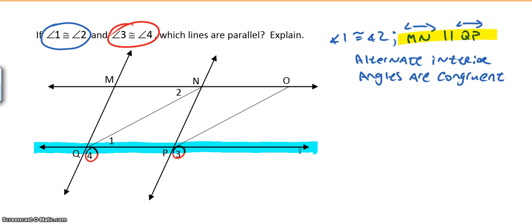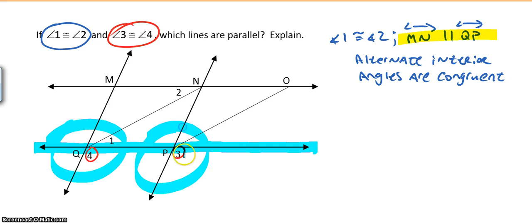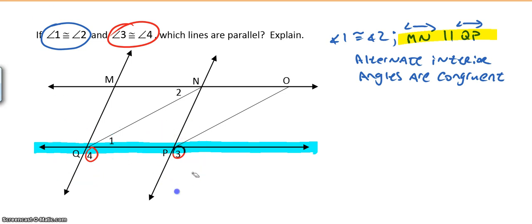Now let's see what type of relationship. Well, they're same side, but they're not interior exterior. One's interior, one's exterior, but if you look a little closer, you can tell that they are corresponding. Out of these 4 pairs, it's on the bottom right, these 4 on the bottom right. Alright, so when we look at this now, this is my transversal, so my parallel lines that exist are right here. Alright, so here my solution would be when angle 4 is congruent to angle 3, we have line QM